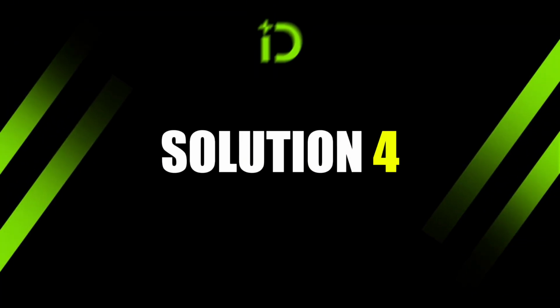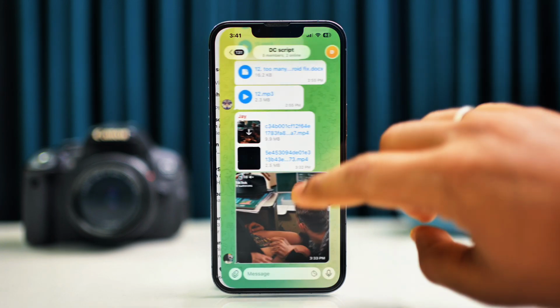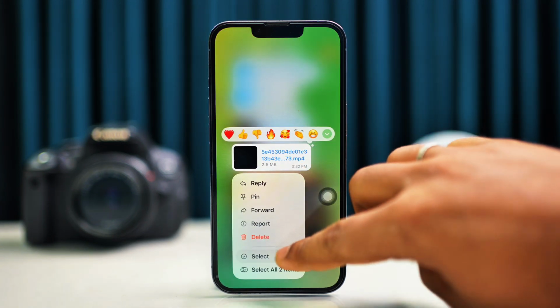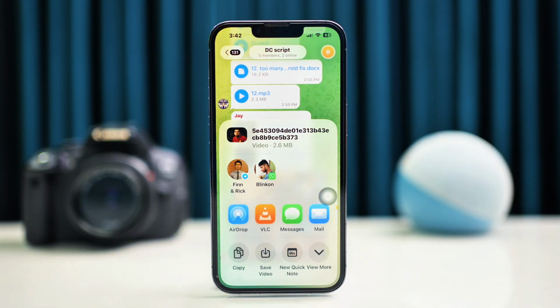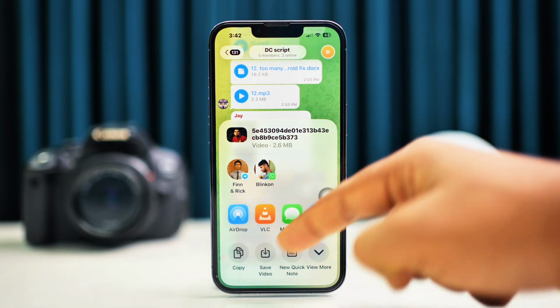Solution 4. Download the video manually. If streaming fails, tap the download arrow on the video, wait for it to be downloaded, then try playing it